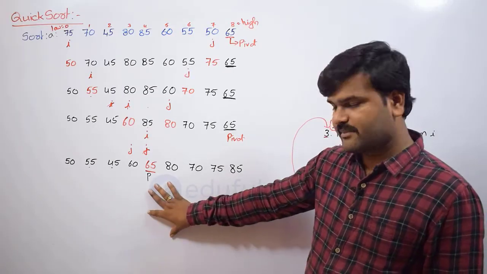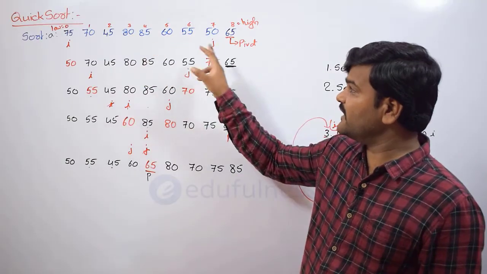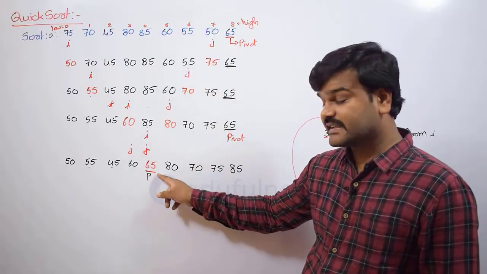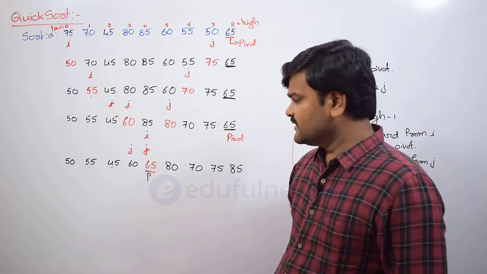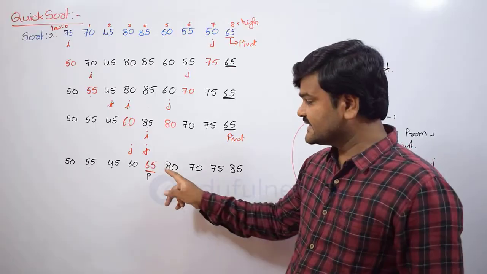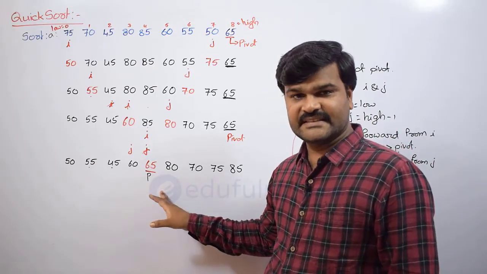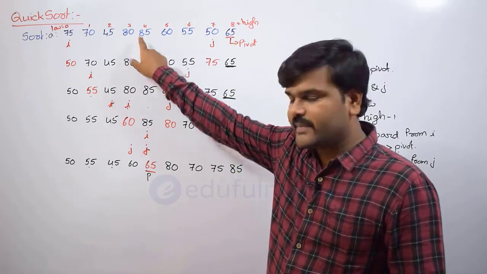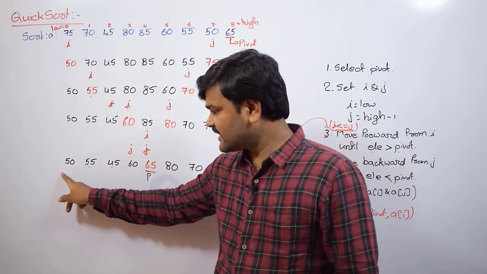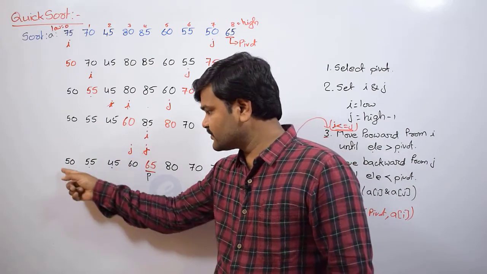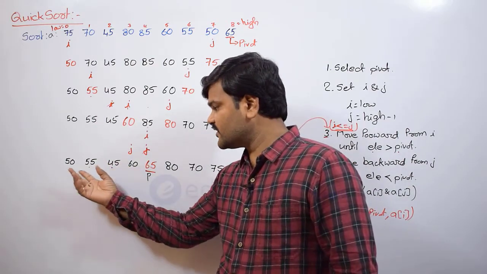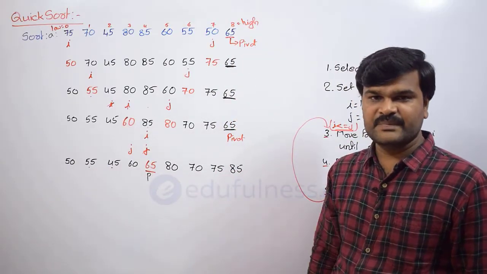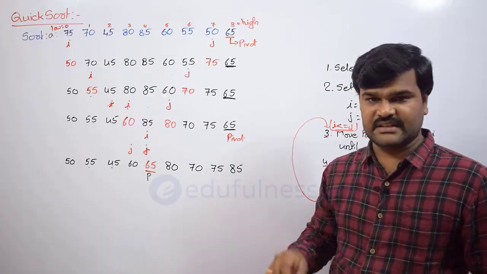So finally what happened is, whatever one pivot element you selected randomly, that pivot element is going to its correct position in the ascending order. So if all elements are sorted, the 65 position is not going to change. 65 is going to exist at the fourth index only, because all the previous elements are less than the pivot, and even if you sort all these elements, they are going to exist in these four positions only, and same thing for these four elements also. So this is what quick sort actually is.